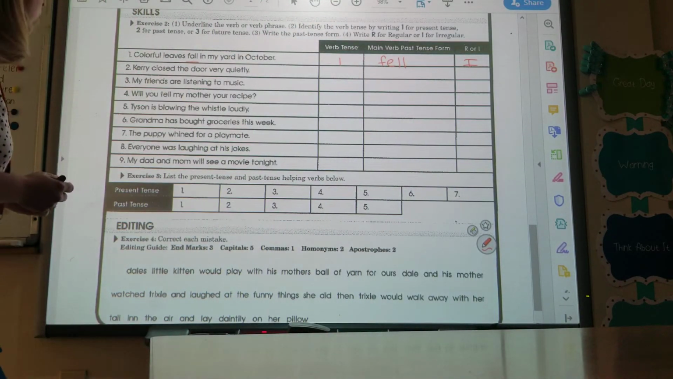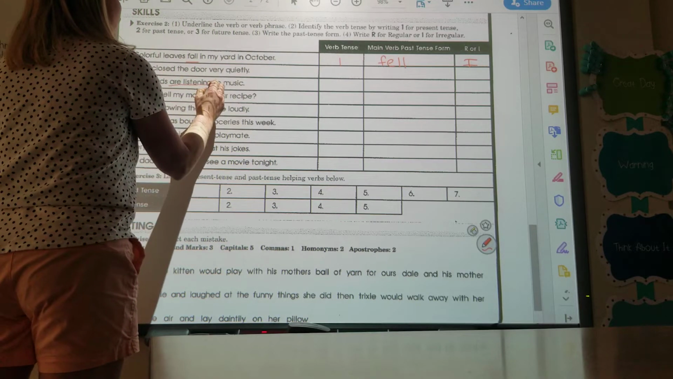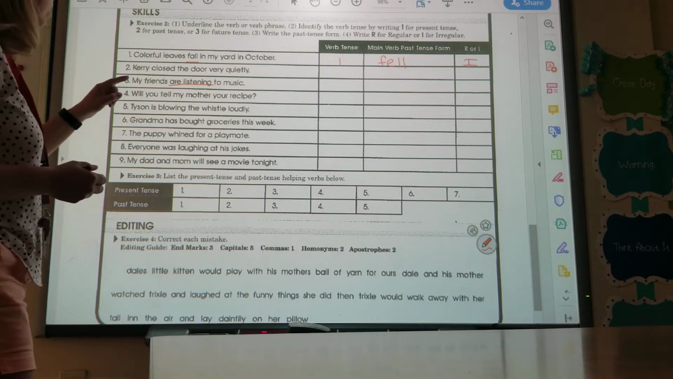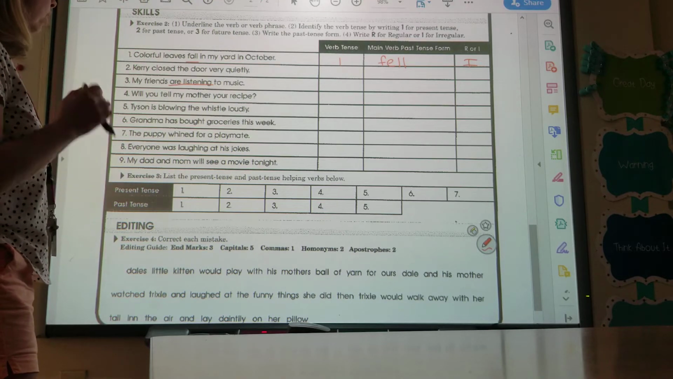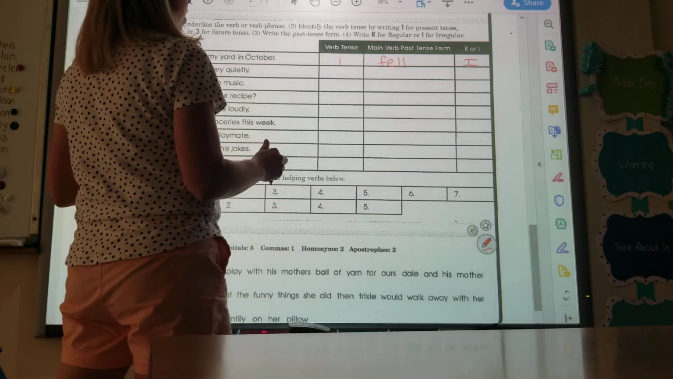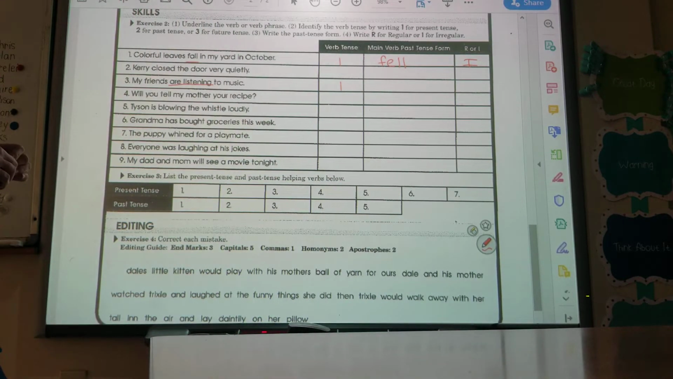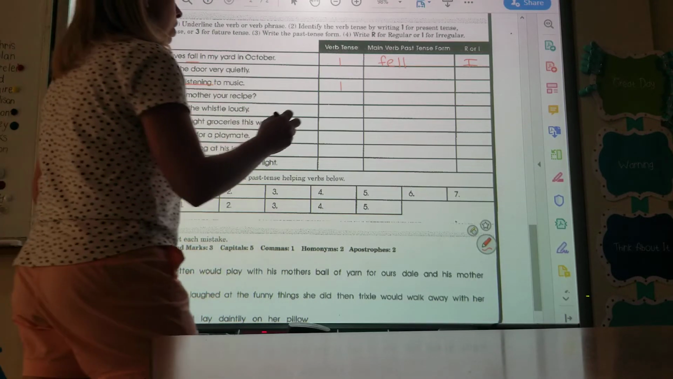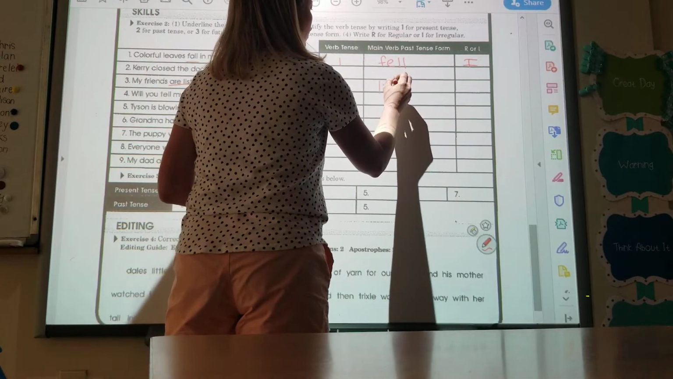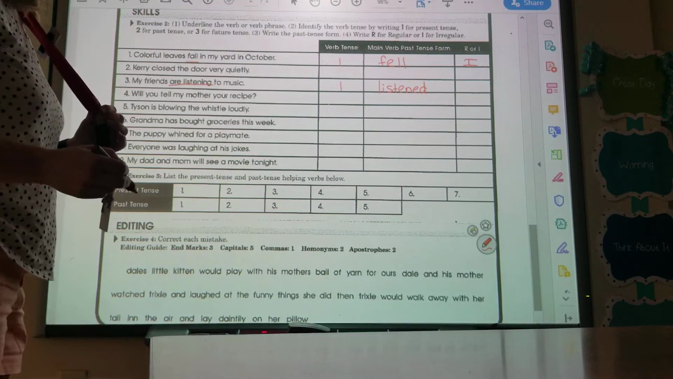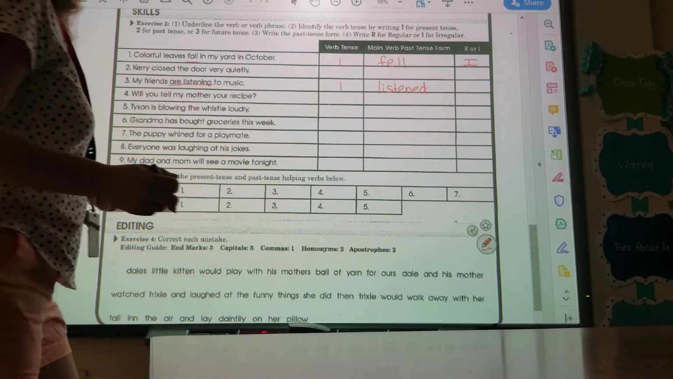All right? My friends are listening to music. Okay, are listening is my verb phrase. Okay, so, whoops, I jumped one, didn't I? I'll go ahead and do number 3, and then we'll come back and do number 2. My friends are listening. They're listening right now. So that is going to be present tense. Okay? So if we want to change it to the past, we say my friends listened. Okay? So the root word is there as listen, and they added ed to it, so it's just going to be